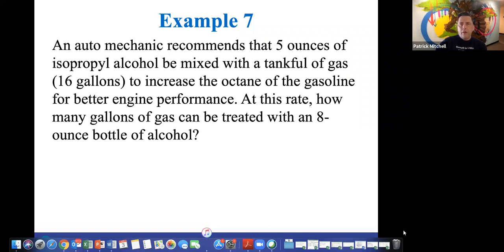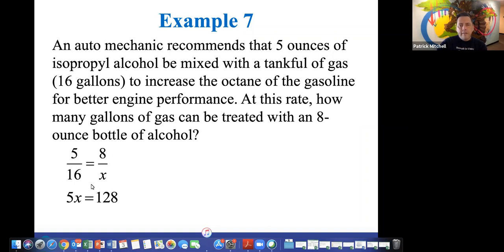So again, we have 2 sets of units. We have ounces of alcohol. So the way that I would read this is 5 ounces is to 16 gallons as 8 ounces is to X. Okay, notice the top numbers are in ounces, the bottom numbers are in gallons. So if we cross multiply,